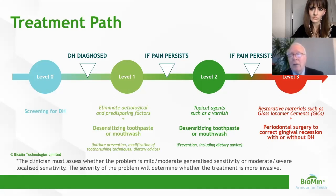If, however, after you see them again, the pain persists, you may wish to use topical agents, fluoride varnishes, which we've already alluded to, and or desensitizing toothpaste or mouth rinse. Again, you include the prevention strategies that you've developed, and that would include dietary advice. If, however, the pain persists, you may want to use a more invasive strategy: restorative materials such as glass ionomer cements, composite materials, and for those of you who are periodontists, you may be doing periodontal surgery. You may need to use that to correct gingival recession with or without